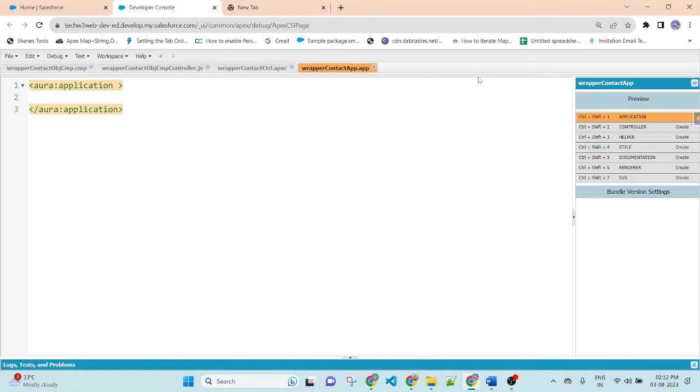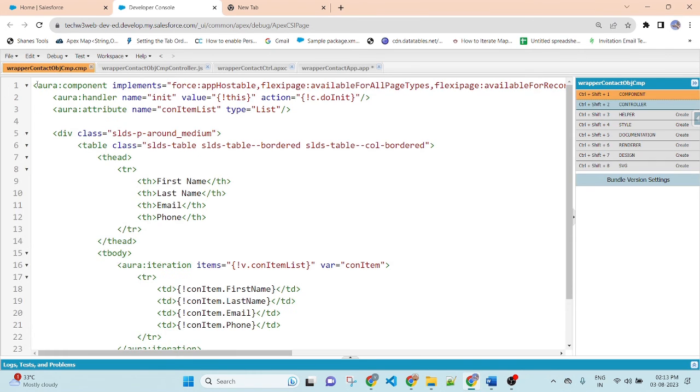So here I will call it. I am using extends force:slds. It will inherit all of the Lightning Design System CSS class names. Then c:, the name of the component.